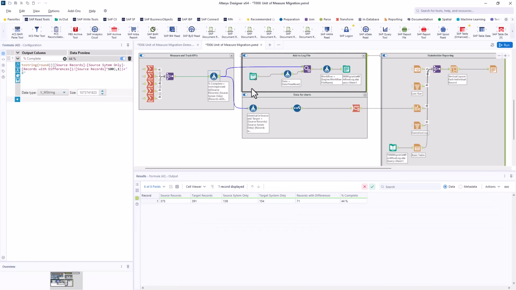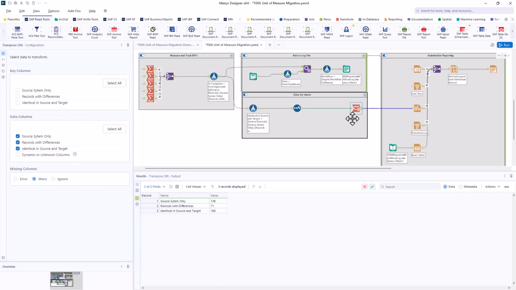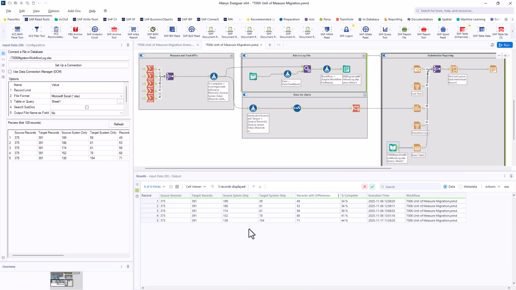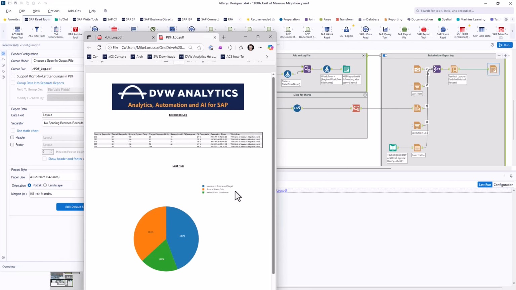Now, let's take things further by adding some KPI reporting. With Alteryx, you can integrate KPIs and progress reports directly into your workflows. We can track record counts, volumes, runtime benchmarks, transformation quality, and more. These metrics can help your project teams understand migration readiness and identify any early blockers.